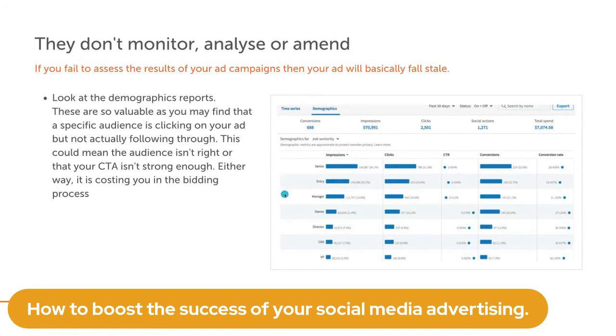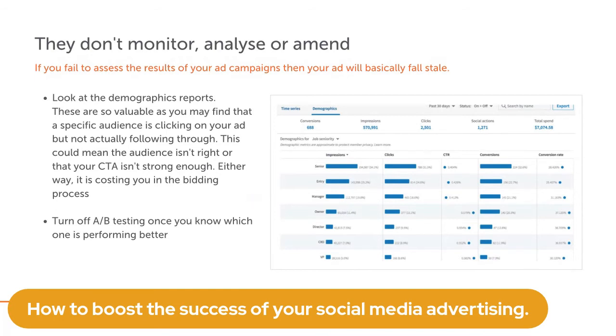Or is it that our call to action isn't strong enough? Either way, if you are targeting people that are not really that interested, it's still costing you every time they click, or even see it, depending on what the target is. So a lot of people forget to do this.